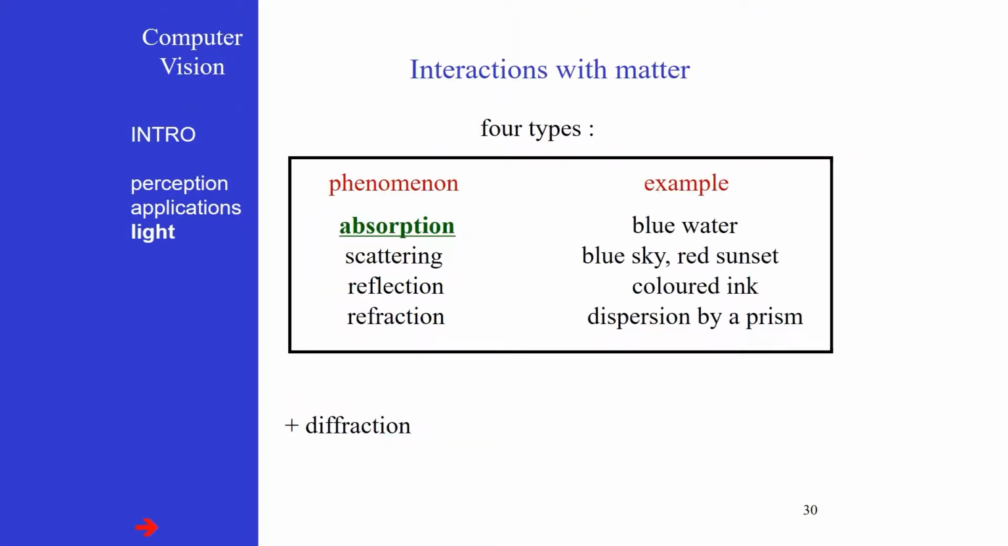Then the last effect, I will not say too much about that, is absorption. So absorption means that some of the light will be dissipated. Actually, some of the wavelengths will be dissipated. Which wavelength? Well,